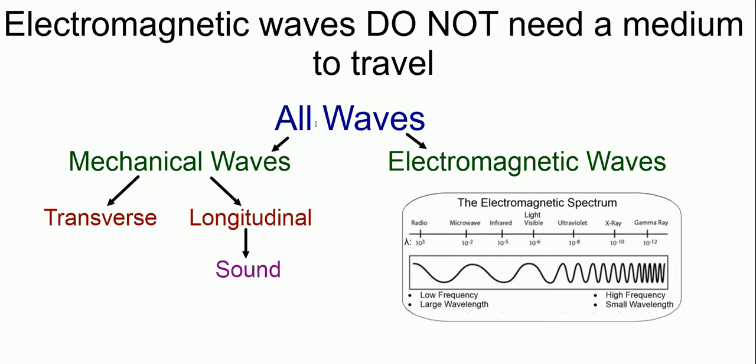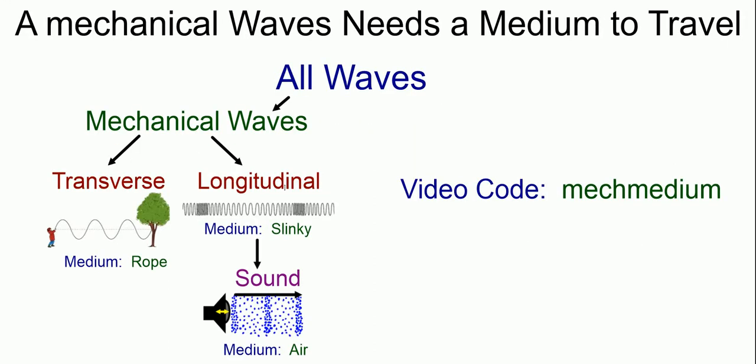Again, let's remind ourselves, if all the waves in the world are broken down into categories, first we have mechanical waves over here and EM waves over here. Under the mechanical waves we have transverse waves and longitudinal waves, and there's one very important longitudinal wave worth mentioning by itself, and that's sound. And those are all the mechanical waves. Over here we have the EM waves, and you remember from previous videos we have 7 of them: radio, microwave, infrared, visible, UV, X-ray, and gamma. Let's look at the mechanical side.